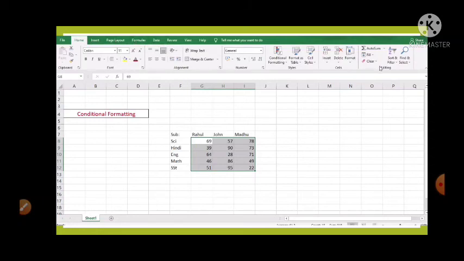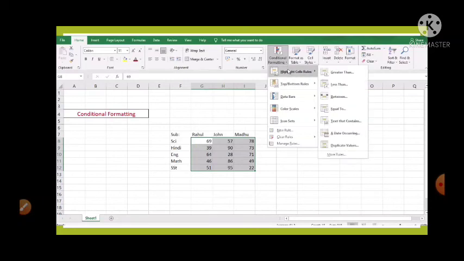Now step number 3 is click on the conditional formatting in the styles group. You can see here, this will cause a drop down menu to appear. You will have all the options available and you will get all the subcategories also. So select the formatting that you want to apply.